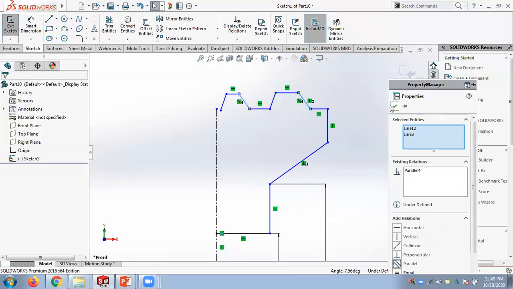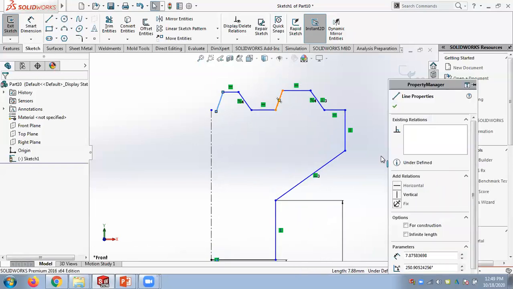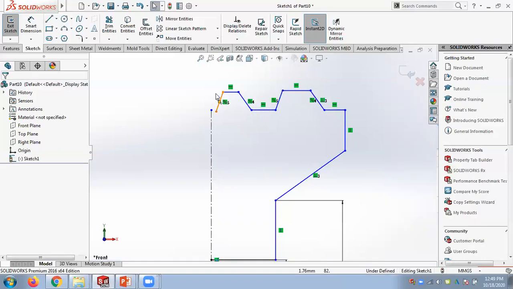Parallelism maintain. And this one and this one parallel. So this way we can make them parallel.